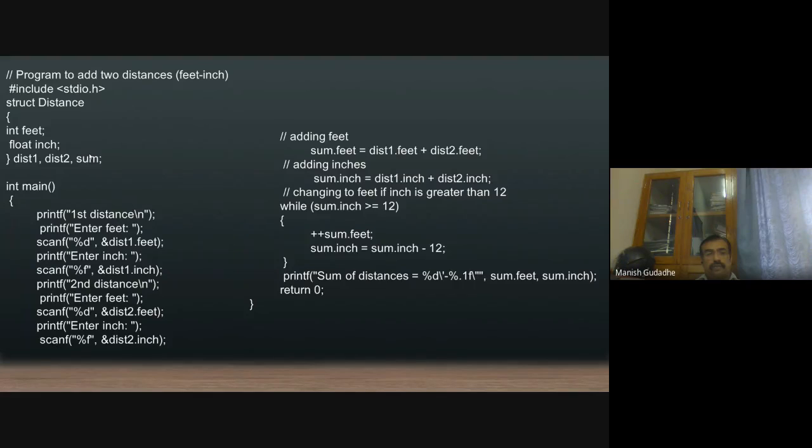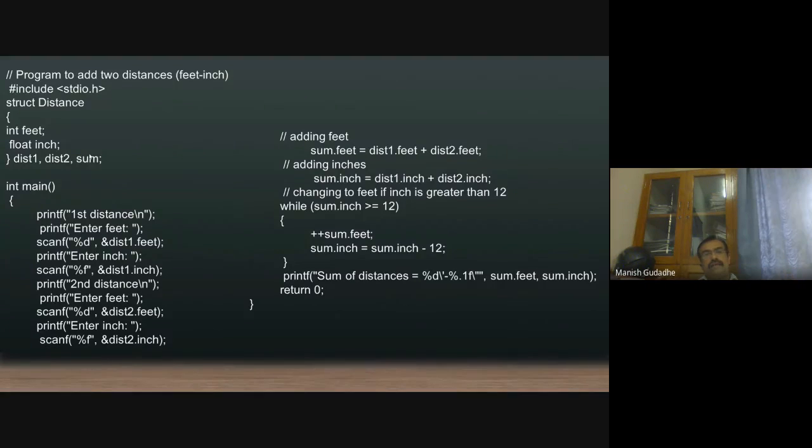So one homework for you on this. Yesterday I was supposed to give it, but I forgot. Tomorrow I'll check. You will write a program to add two dates. Now a date will be defined with DD MM YY, and right now we will assume that every month has only 30 days in it.